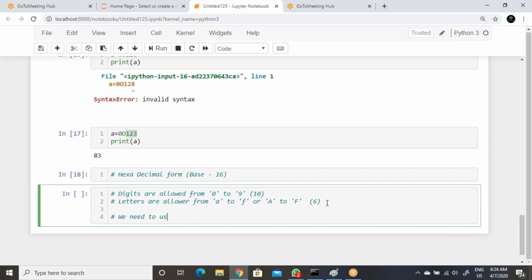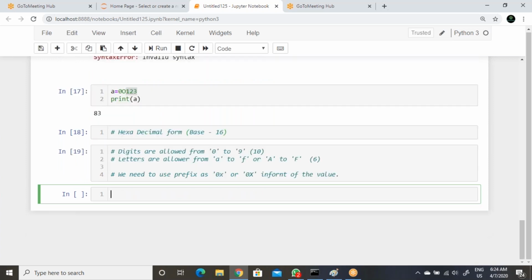So now let's see. A equal to 0 small x, and I'm taking F A C E, face. Allowed digits: F allowed, A C E allowed. Then print of A, and we are getting an integer only, right? So now see, 64,206.